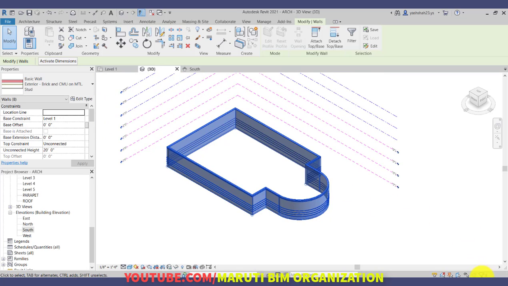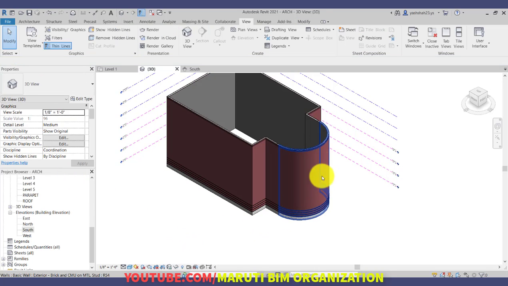As you can see in the filter icon, it is showing that 8 walls have been selected. Now we will use location line finish space exterior, and we will use top constraint to the parapet level. So notice that all the walls are associated with the top constraint, that is parapet level.